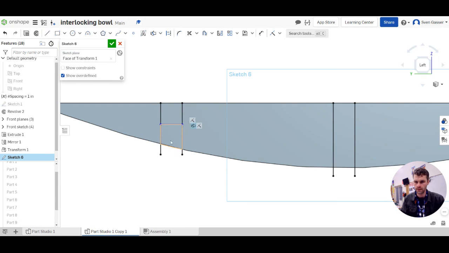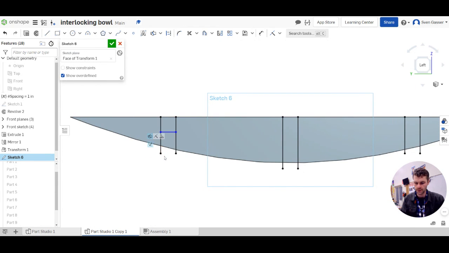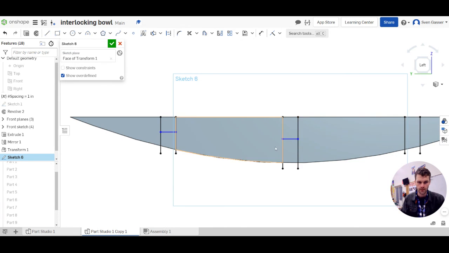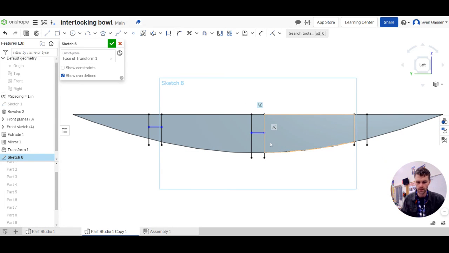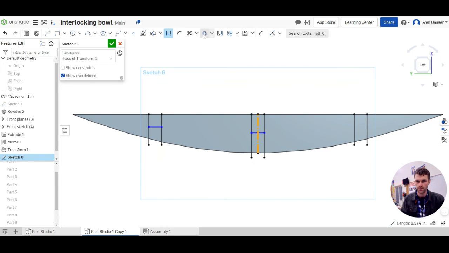line like so, and we'll do the same thing on the middle piece here. And then instead of doing that one, actually it would be a better idea to do a symmetrical thing going on here and do a reflection to get that line in the exact same spot. So whenever possible, we want to try and keep symmetry going as best as possible. So we're going to reflect that, and we're going to now say extrude,